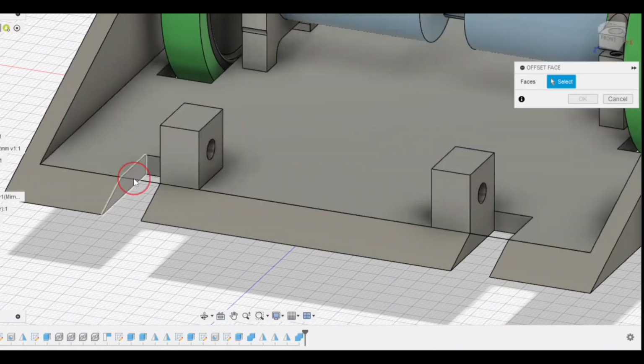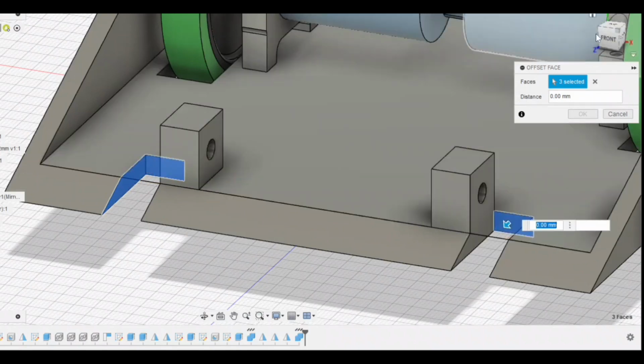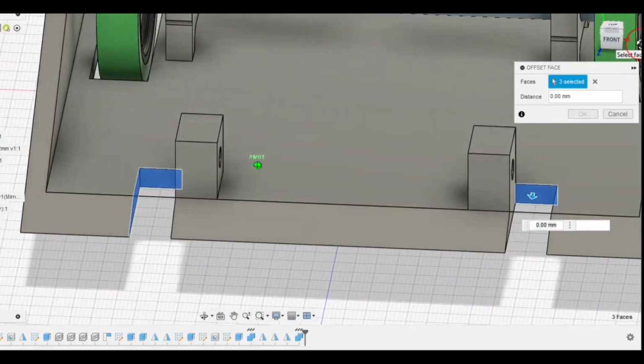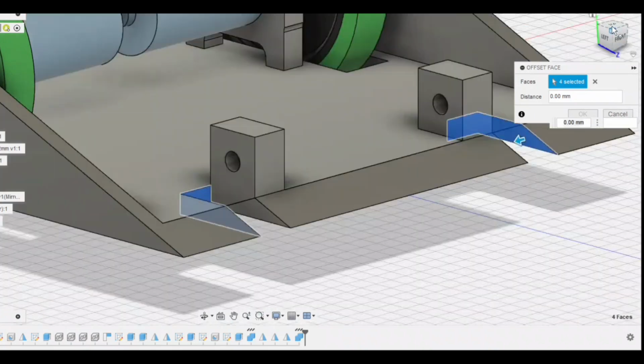So I'm going to click on this one. Also click on that one. You don't need to hold down Control. You could just click the faces you want. This one. Kind of move this over. And that one right there. All right, so I should have